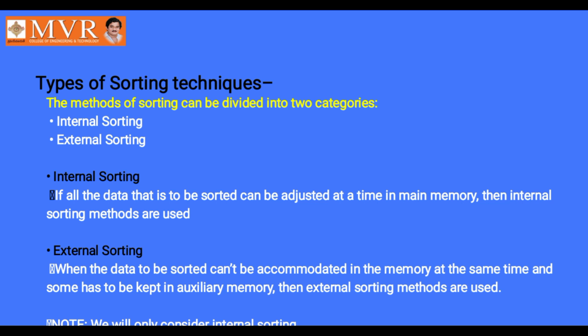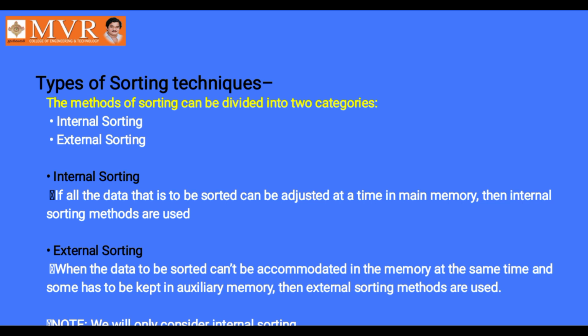That is, if we are given a particular amount of data for sorting, and while sorting if we can accommodate all the data in the main memory itself, that is when we can store all the data to be sorted in the main memory only, then such a sorting technique is known as internal sorting. In short, I can say one thing. If I use only the main memory during my sorting procedure, then such sorting techniques are known as internal sorting techniques.